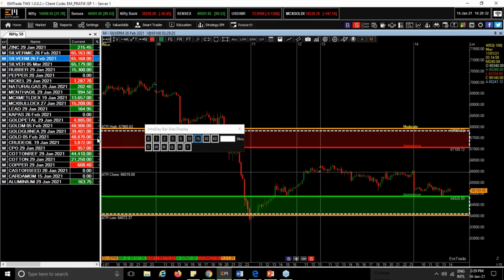But I think on the USD chart, your Fibonacci ATR is still under development. I checked last time also, but I didn't find that Fibonacci ATR plotted on your USD chart.